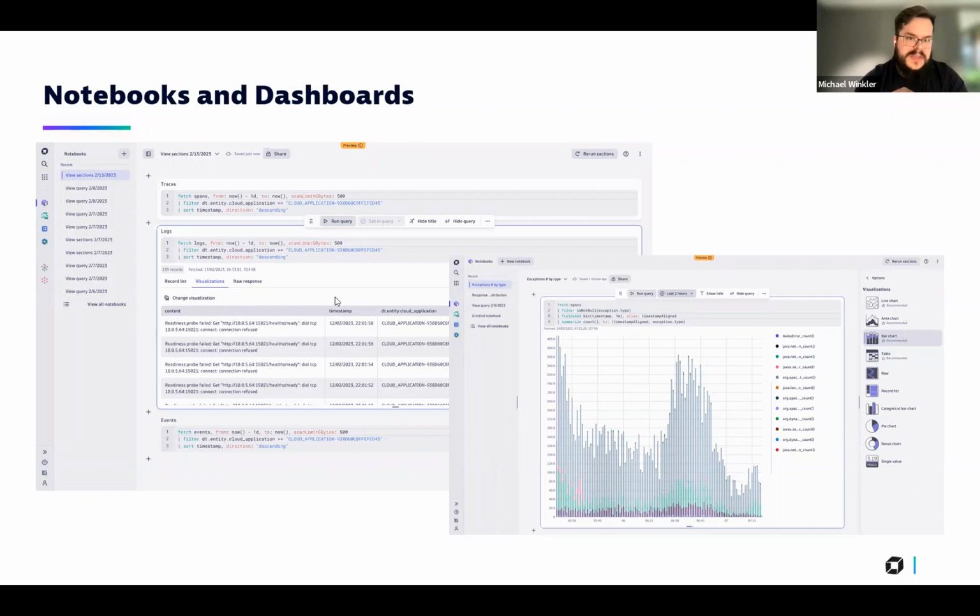When you look at the visualizations on the left side, any filter action that you do is automatically applied to the query at the top as well, making getting into DQL a lot easier, very seamless and frictionless for you.